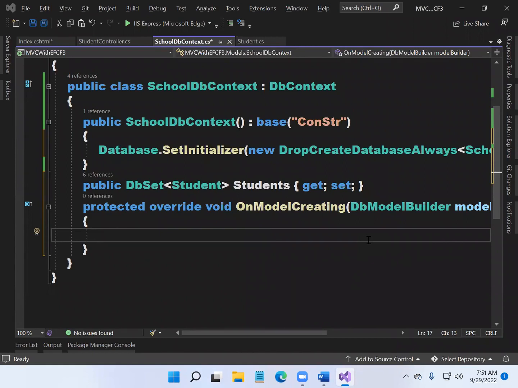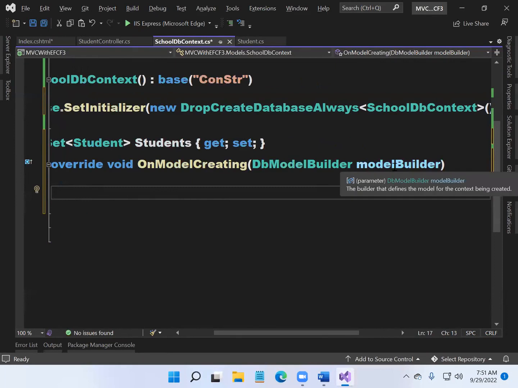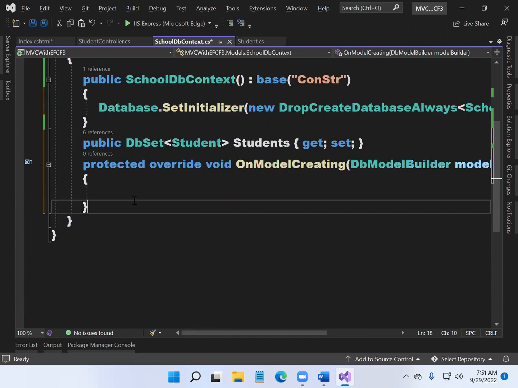You're required to override the method called OnModelCreating, and you're required to tell how. See here, this method takes a parameter, modelBuilder. The modelBuilder, actually the name itself, it's doing the same thing. It's building the database. DbModelBuilder, DB means database, model builder means this is responsible for building the database based on the models. Okay, so modelBuilder